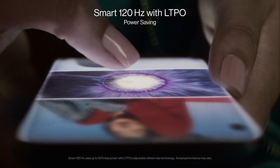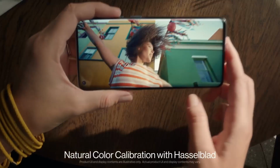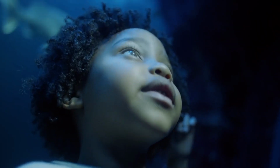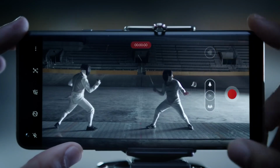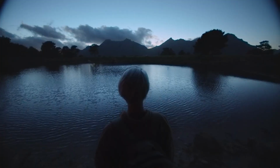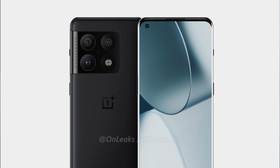The phone also gets a similar triple camera setup on the back, so there is a primary 48 megapixel sensor, a secondary 50 megapixel ultra wide, and a third 8 megapixel telephoto lens with 3.3x optical zoom. Now we can expect new camera sensors, but because there is no information on that, for now we are assuming this phone has the same rear camera setup as on the OnePlus 9 Pro. The front camera is new though, because instead of a 16 megapixel shooter, the OnePlus 10 Pro has a 32